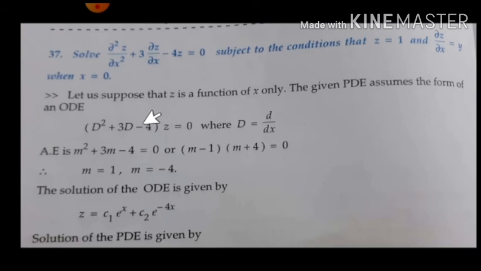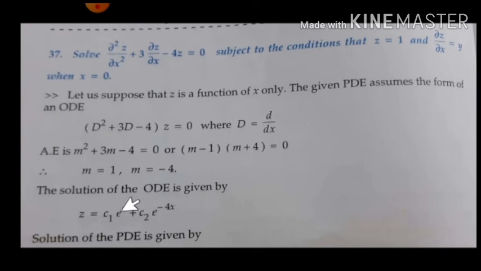equal to 0. Write the auxiliary equation. In place of D you have to write m, and without writing z we need to equate to zero, that is called the auxiliary equation. So while solving this equation you get m values as 1 and −4, real and distinct. So z is equal to C1 e^x + C2 e^(−4x). Why am I writing the answer here in terms of x? Because I know the given independent variable z is with respect to x. So the answer should be written in terms of x. So this is the solution of the ODE.